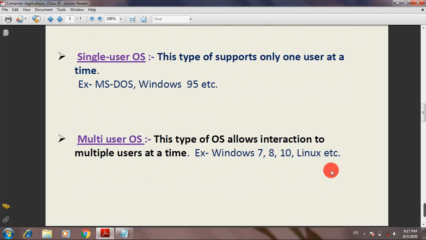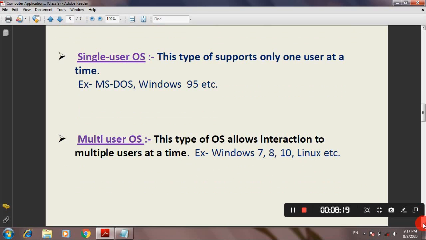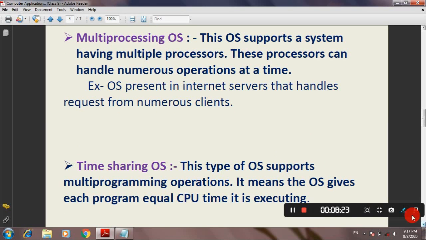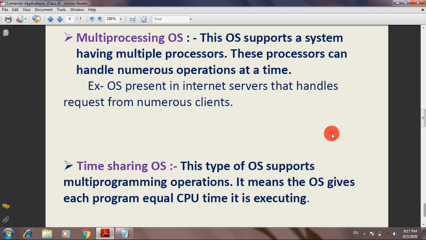The next type is multi-processing operating system. Here multi-processing means a special operating system that supports only that particular computer that has several processors. Here processors means CPU.